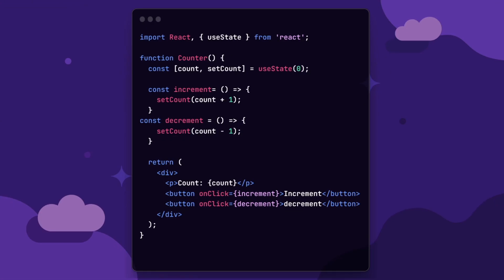The useState hook allows you to add state to a functional component. It takes an initial value as an argument and returns an array with two elements, the current state value and a function to update it. In this example, we start with a count of 0 and update it every time the increment and decrement button